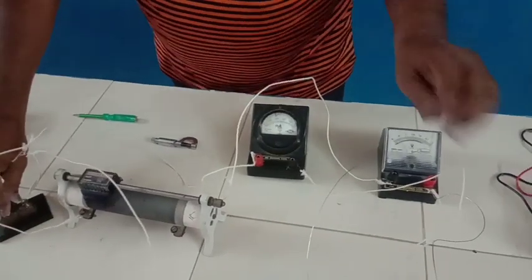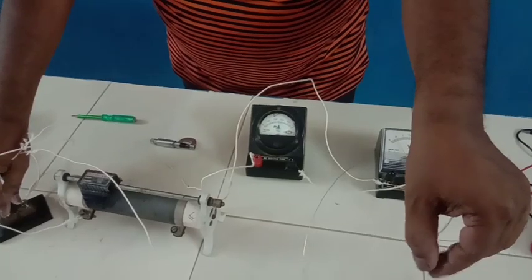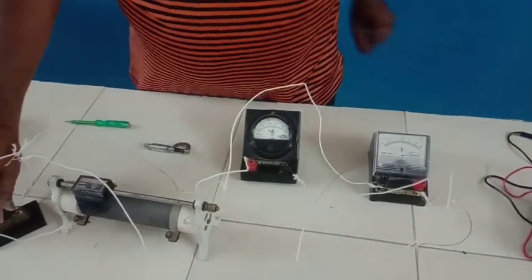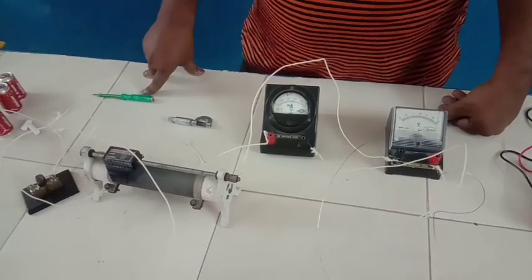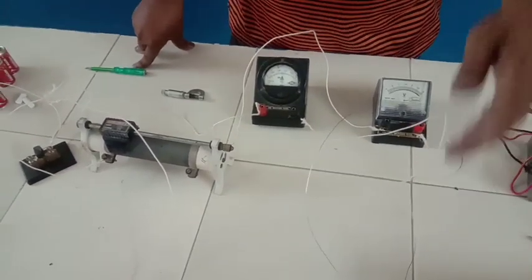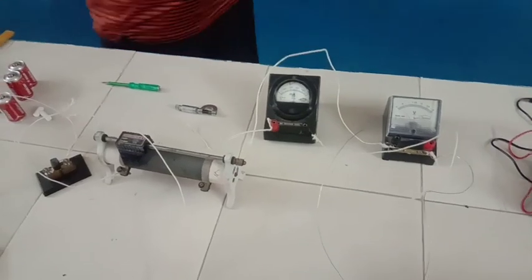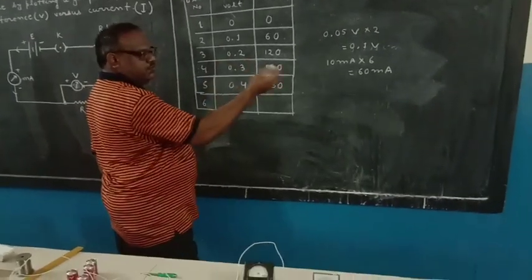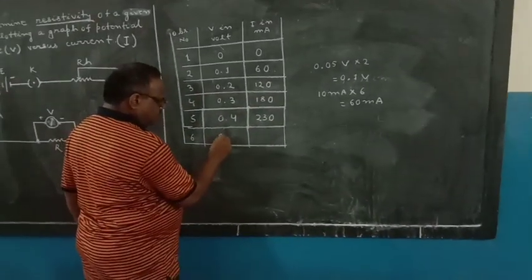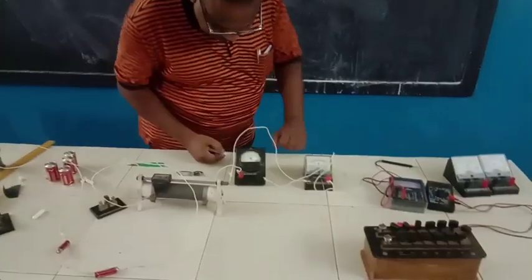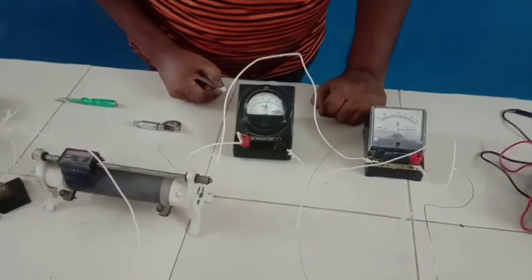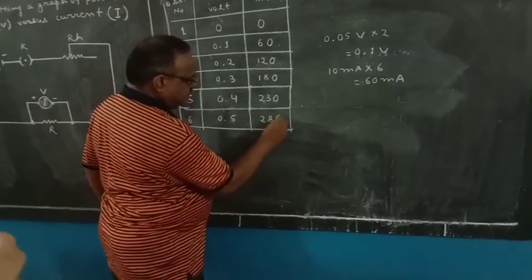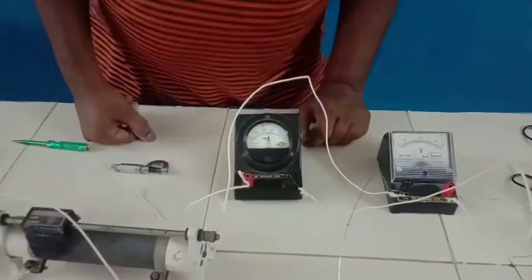In between you see whether the wire is heated. If it is heated, then you switch off, because if it is heated, then the resistance will change. If the resistance changes, then it is no more V directly proportional to I. So it is 0.5 and it is coming 280, meaning 28. It is coming 280. So these are the readings.